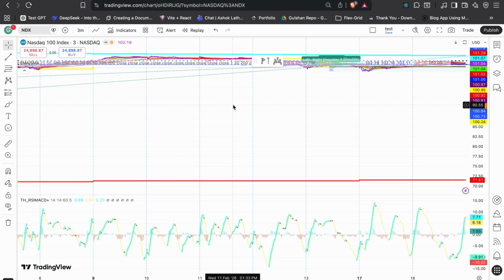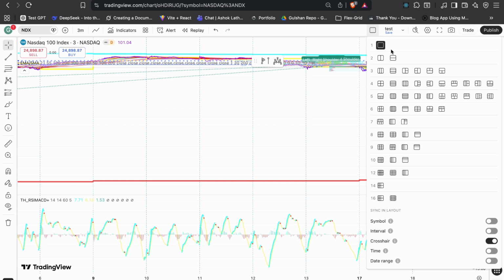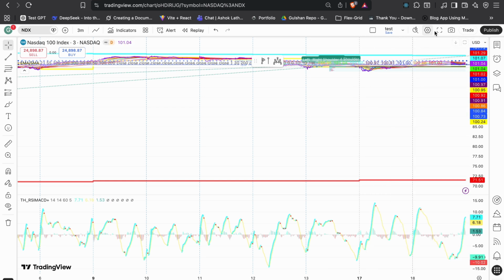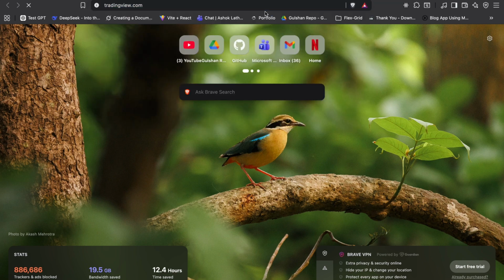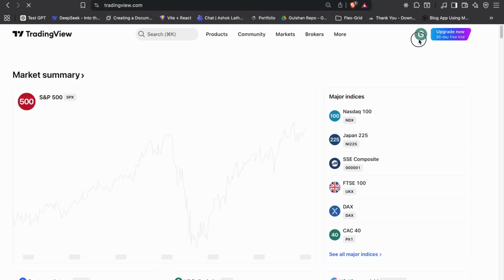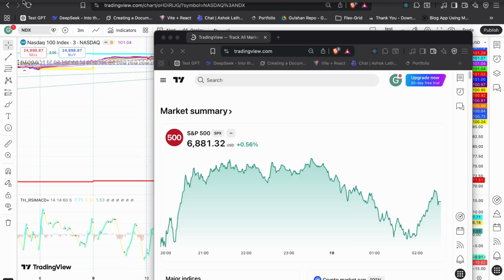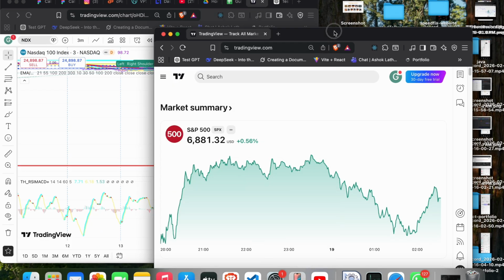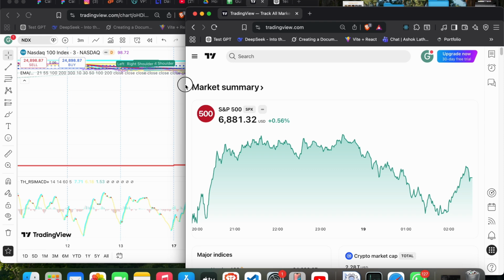Second one is you can simply use a multiple chart layout. So you can simply create a multiple chart layout here. Okay, or you can open another TradingView website and then split the screen, and then you can simply split the screen to get multiple charts and multiple